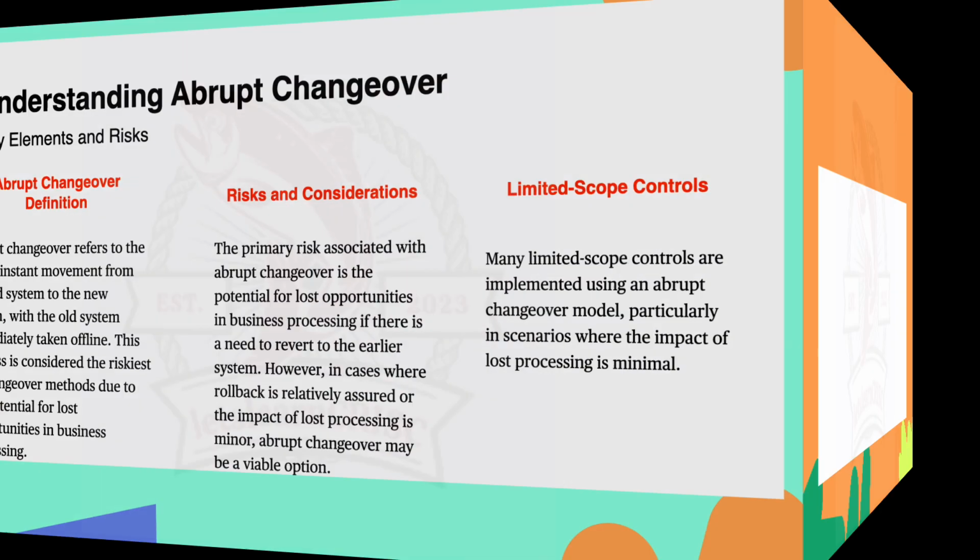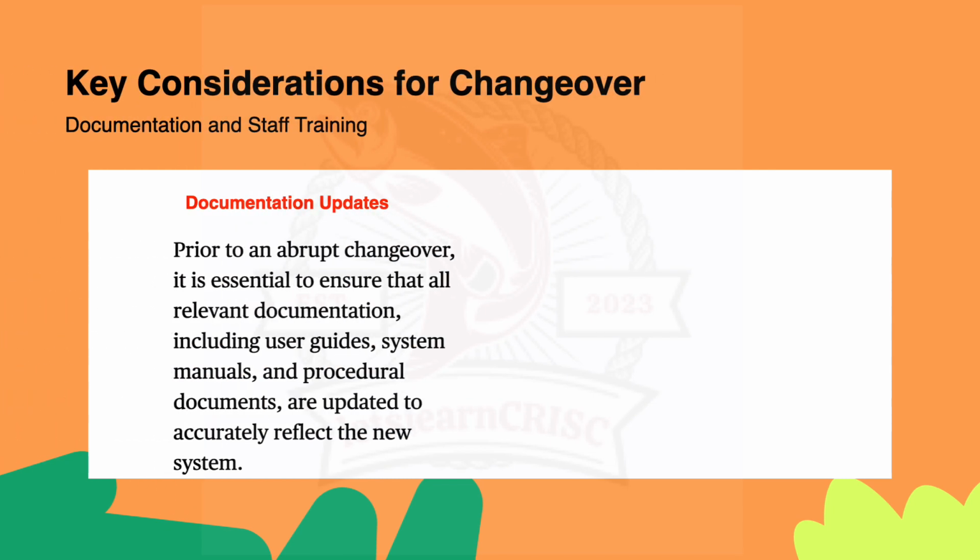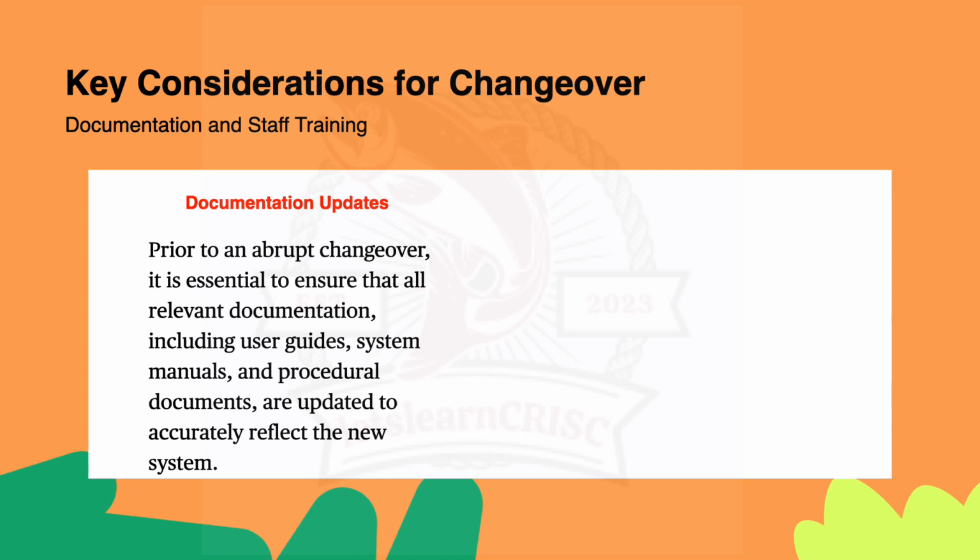right? We'll discuss moving further ahead. We'll discuss the key considerations for the changeover, right? That is, first is the documentation updates. Friends, before an abrupt changeover, it is crucial to make sure all relevant documentation such as user guides, system manuals and procedural documents is updated. So this is similar to ensuring a recipe book accurately reflects the new ingredients and cooking methods before attempting a new dish,